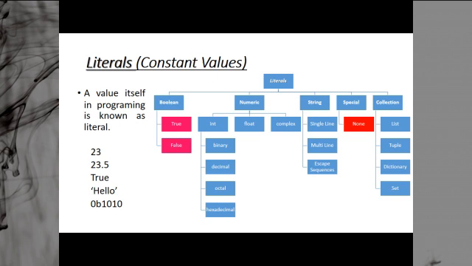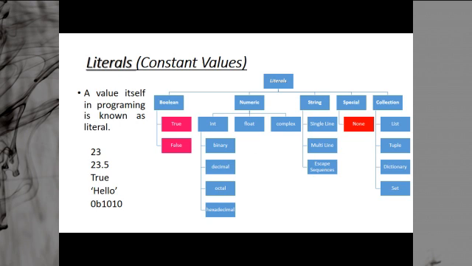Now for integers, we have four types. The binary integers, a number system which has only 1 and 0. The decimal integers, a number system which has digits 0 to 9. The octal number system, which has numbers between 0 to 7. And the hexadecimal number system, which has digits 0 to 9 and alphabets A to F, a total of 16 symbols.